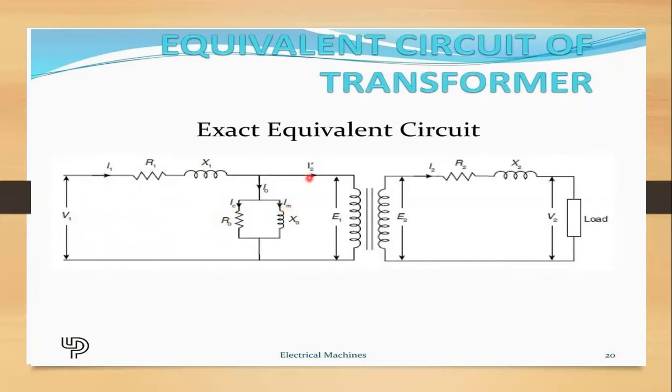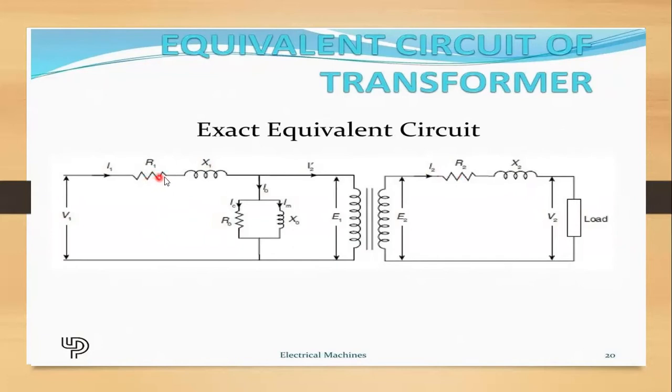Okay, I2 dash is called the current flowing to the primary winding of the transformer. So I1 is called the actual primary current, a combination of I naught and I2 dash. And I2 is called the secondary load current. Similarly here, R2 is called the winding resistance of the secondary winding of the transformer, and X2 is called the leakage reactance of the secondary winding of the transformer. Okay, so these are represented in this manner.